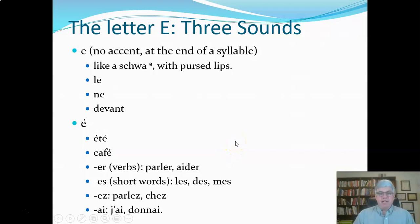So let's talk about the letter E. It has 3 different sounds, and you should learn to approximate each one and know when it's going to be. Now, French is basically a phonetic alphabet, or phonetic written language. You see the word, you generally know how to pronounce it, even if you've never seen the word before, except maybe that last consonant. But everything else is generally not ambiguous. So the first case is the letter E, pronounced when it has no accent mark and it's at the end of the syllable,